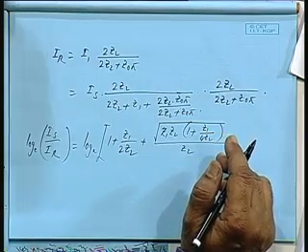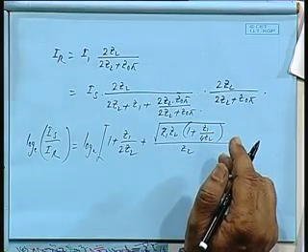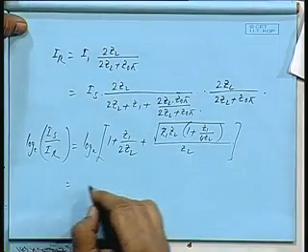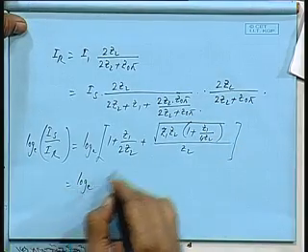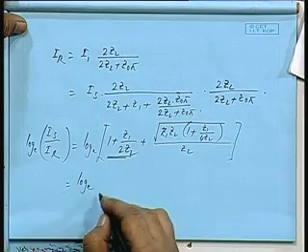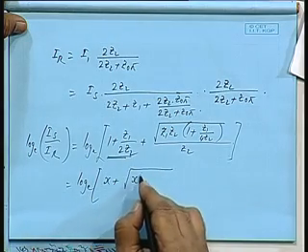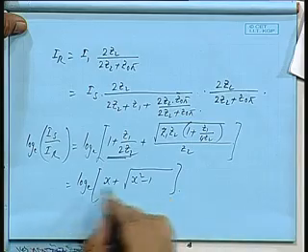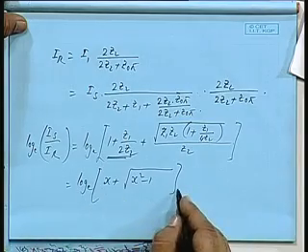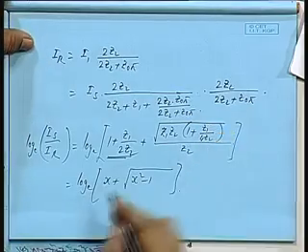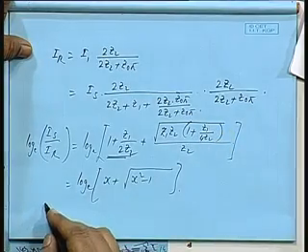So, this once again gives me an expression similar to, if I assume this to be x, plus x square minus 1. So, the expressions are identical whether it is a pi network or a T network, and once again we get